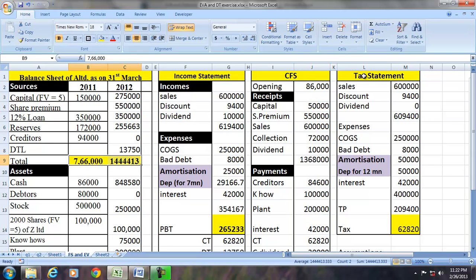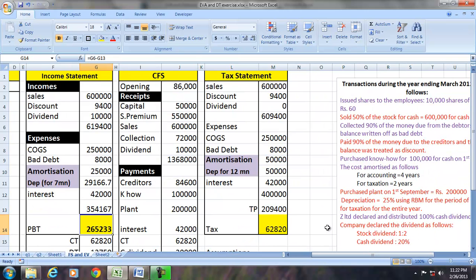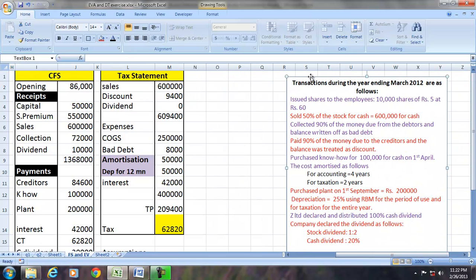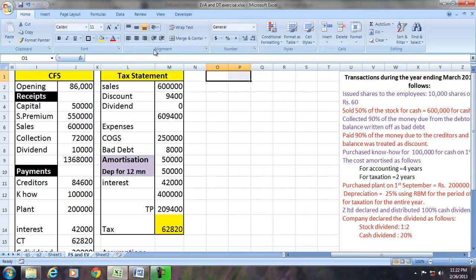However, it is necessary to observe and recognize that sometimes the taxable profit will not be the same as the accounting profit. Now with this information, we will calculate the net operating profit after tax, that is NOPAT,